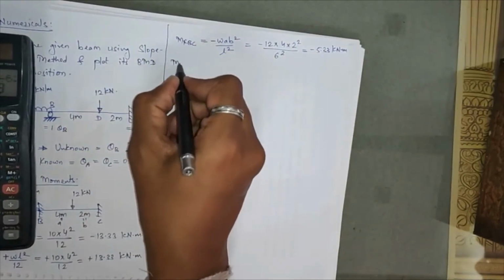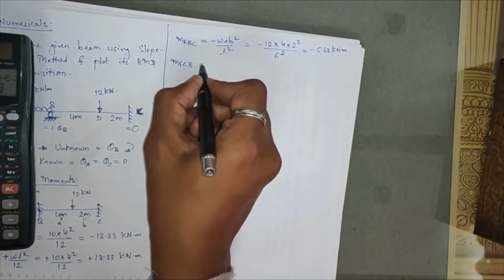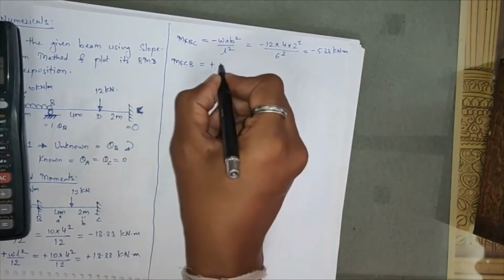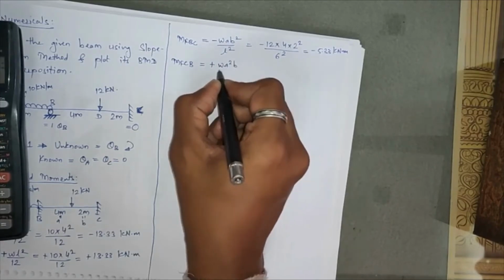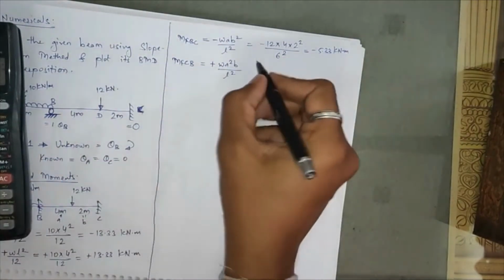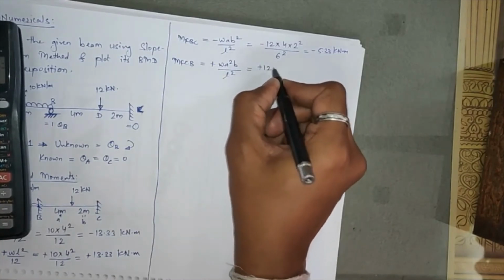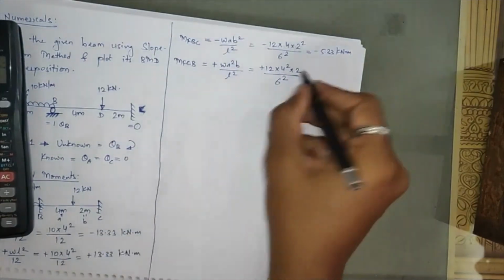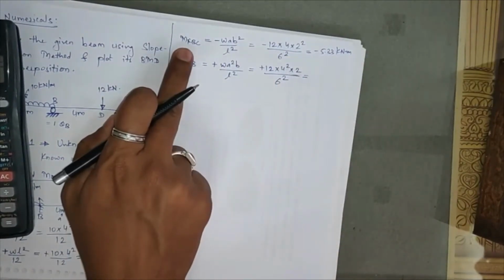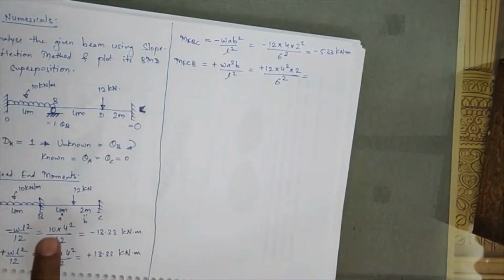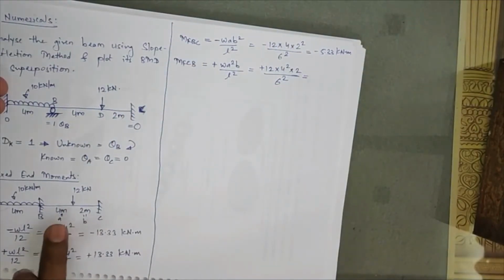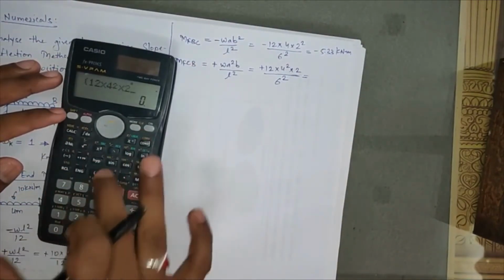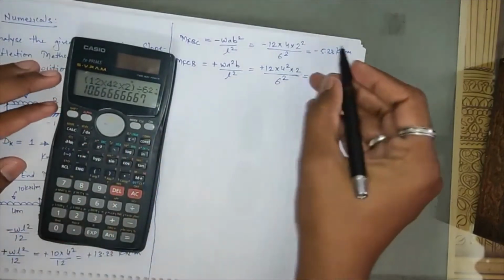Same way I'll calculate for next joint, that is joint C. Fixed moment there I'll get as MFCB, that will come plus, restoring moment will be clockwise in nature, so W A square B divided by L square. So this comes again plus 12 into A square, now 4 square multiplied by 2 divided by 6 square. What you have to remember, while interchanging this moment, that is from BC to CB, you need not interchange this A and B over there, keep them as it is. Okay, so this value comes equal to 12 into 4 square into 2 divided by 6 square. So that comes equal to plus